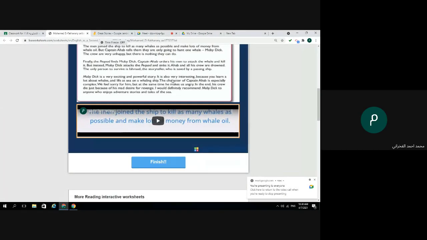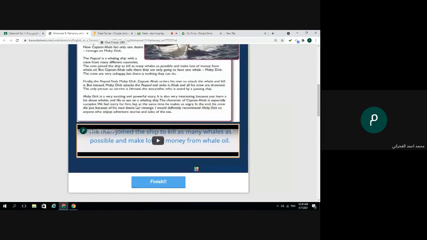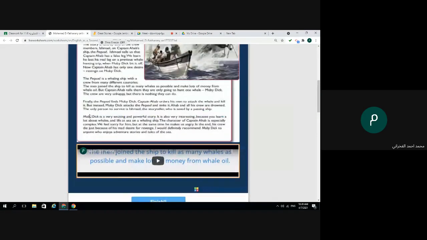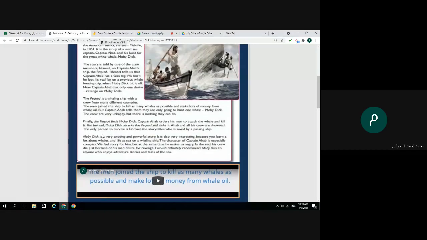It's also very interesting because you learn a lot about whales and life at sea, on a whaling ship. This is very clear now. So this is his opinion and the reason why he liked this story.